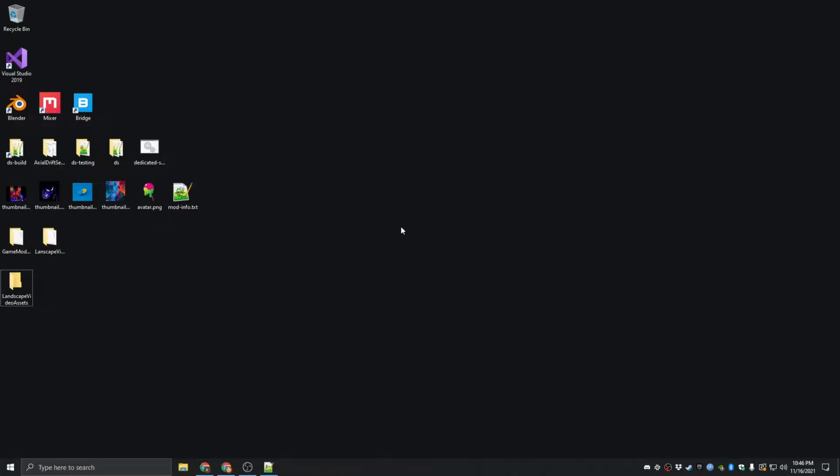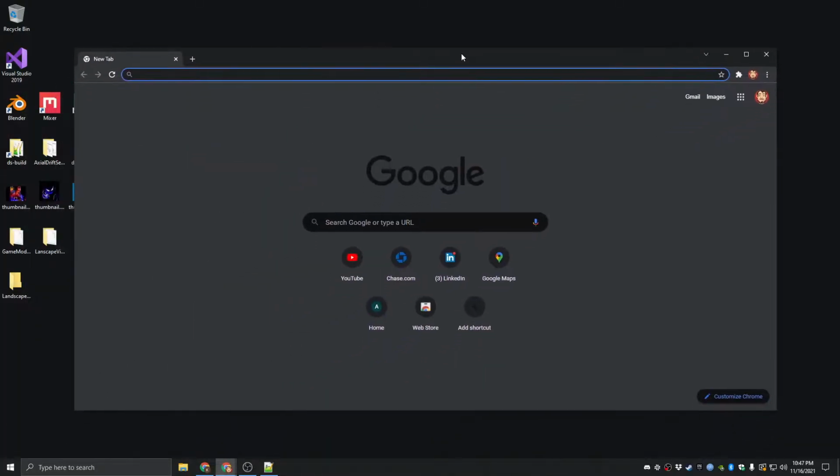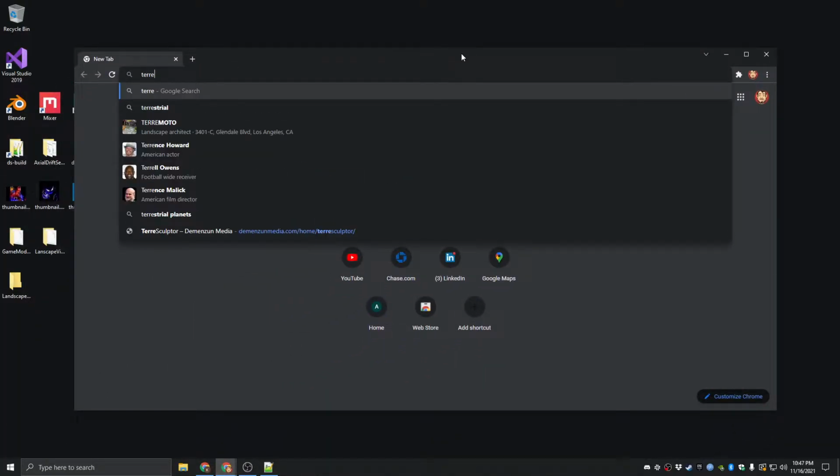Hey everyone, in this video I'm going to be showing you how to create height maps and landscapes in Axial Drift. So let's get started. First thing to do is to download Terrasculptor